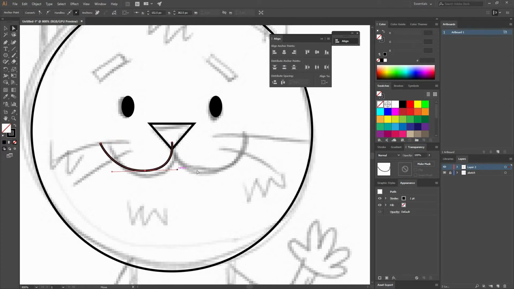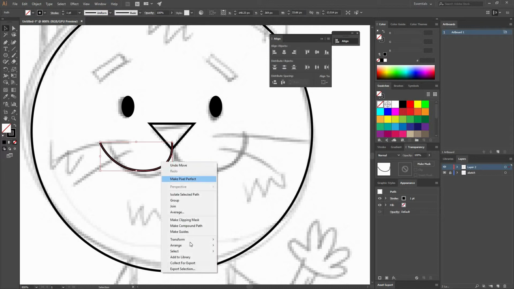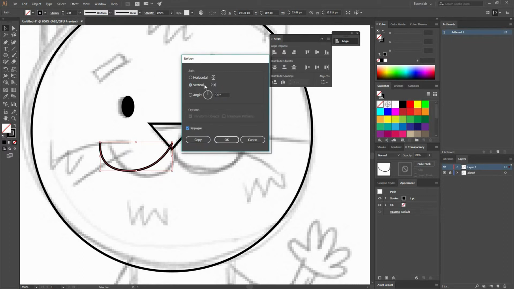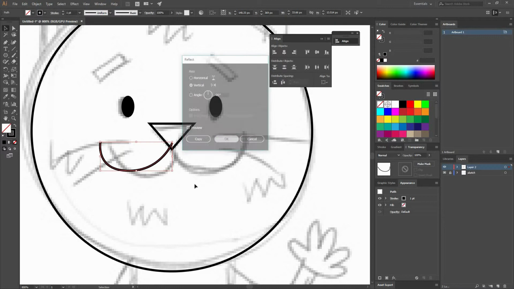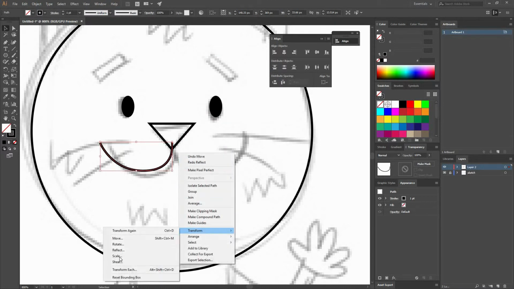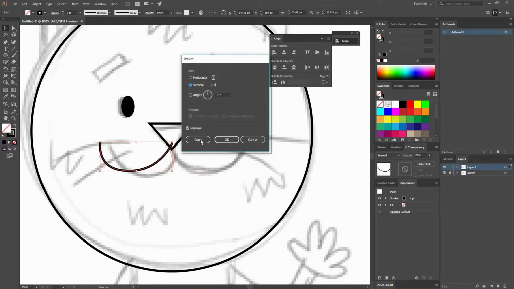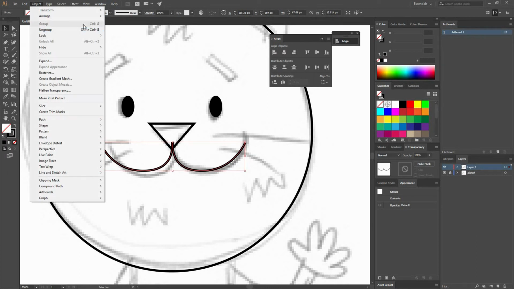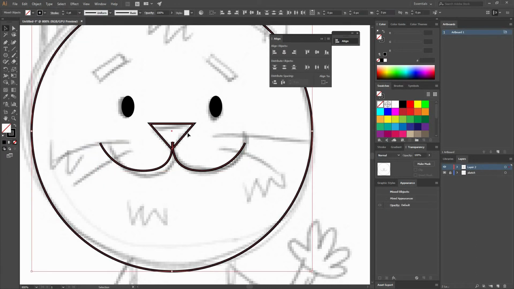And once you have done this, all you have to do is go to Object, Transform, Reflect. Then a window like this is going to appear. You can have a little preview and make sure that you're reflecting on your vertical axis. Now, as I just hit OK, I made a mistake right there, so I'm going to do all this again. Make sure that you hit Copy so you get a copy. Now you're going to move this. Again, remember my advice, all of them, just group them. So go to Object, Group, and be sure to keep aligning your objects.